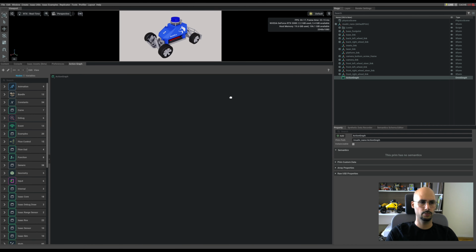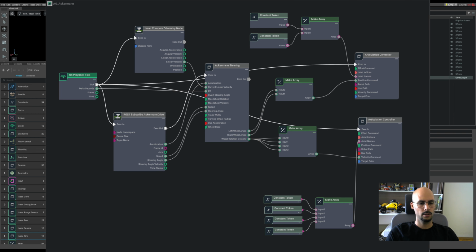let me zoom into the graph. So the beginning is empty, but at the end it should be something like this. So let me show you how it will look like, so it will make more sense. At the end it will look like this. So there will be some ticking and some ROS1 subscription, and then the Ackermann steering will calculate the necessary commands according to what is being received from the ROS1. And it will just divide them into steering and throttle, and we will provide the joint names so they can just control the joints. Okay, so let's begin with